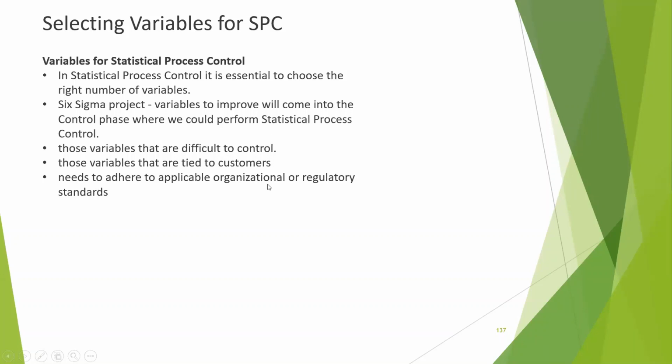Need to adhere to the applicable organizational and regulatory standards. See, what is your organizational goal? Here, our organizational goal is we have to get better collection for the client. From that organizational goal, you can create your SPC. For example, denial should be less, then that should be your SPC. Okay, that's the main thing. This is just to give a heads up on how I'm going to prepare my SPC charts.